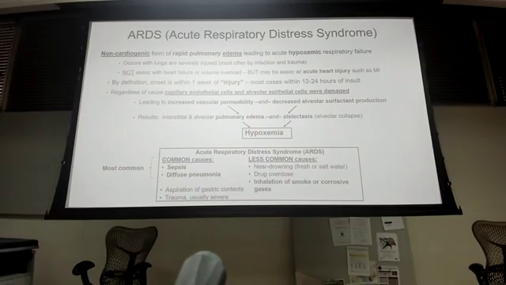By definition, within 1 week of injury, typically 12 to 24 hours. And what is going on? What's causing that pulmonary edema and hypoxemia? Two different things are happening at once. The capillary cells and the alveoli cells are damaged. If the capillary cells are damaged, what's going to happen? They're going to start leaking fluid, right? Like a sieve, they're just going to start dumping it out. So that's going into the lungs.